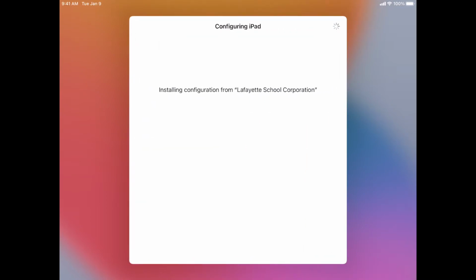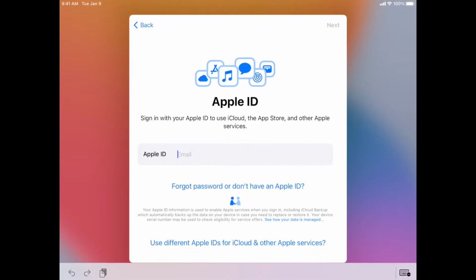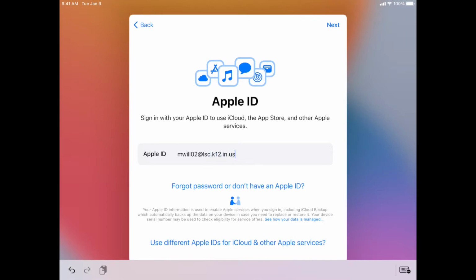You will now see a Configuring iPad screen. This screen may take a couple of minutes. Once your screen advances, you'll be taken to the Apple ID sign-in. Your Apple ID must be typed as an email address, which means you will type the same LSC username that you've been typing during this process, but you'll follow your username with